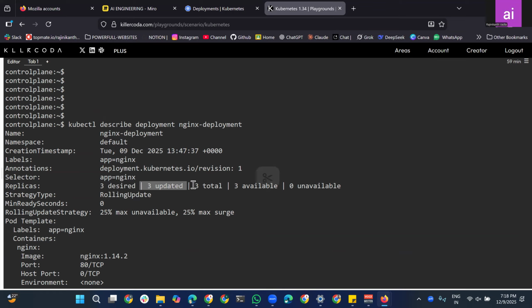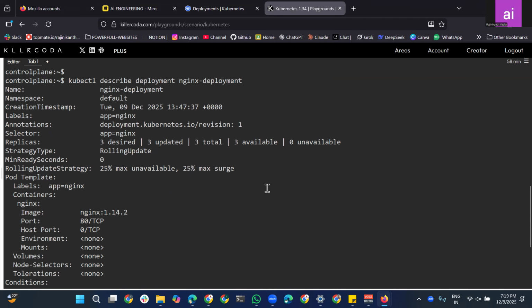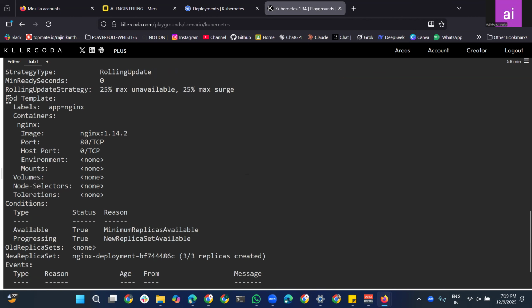3 updated, 3 total, 3 are available, 0 is unavailable. And strategy type, it is rolling update. We will discuss this point. It's called rolling update. Okay. So milliseconds to run 0, and rolling update strategy is 25% max unavailable and 25% max surge. Okay, fine. If you come to the pod template,